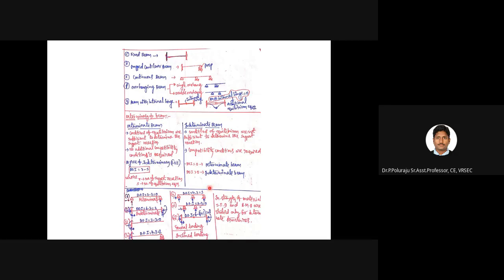I think you already know this, but since I am explaining everything step by step, I have included this. Then you can see different examples to find which is determinate and indeterminate with different support conditions. Like the first one is simply supported with one side hinge and another side roller. So unknown reactions are,